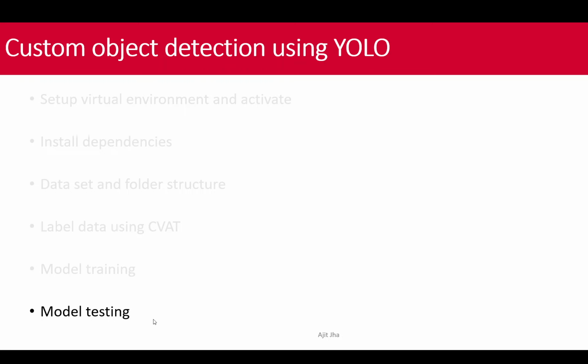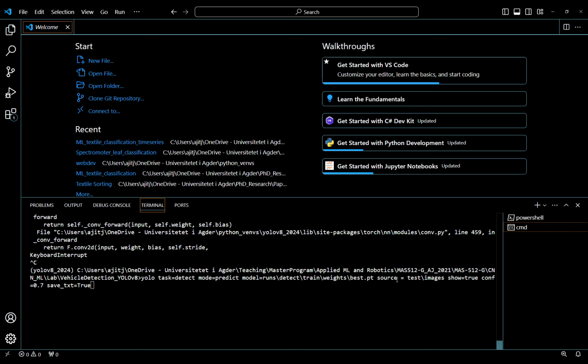In this tutorial we are going to see how to do the testing after we have done the model training. So now it's time for testing our model. To do the testing, you just have to write YOLO. Task is detect, which remains the same. Here the mode becomes predict instead of train, and then for the model you give the path where you trained your